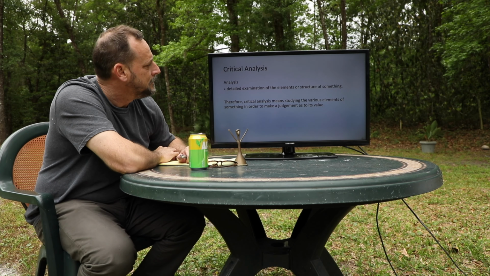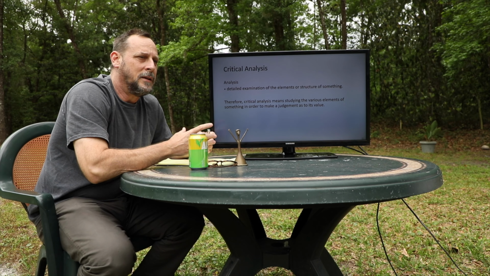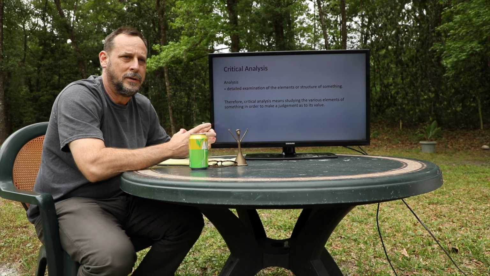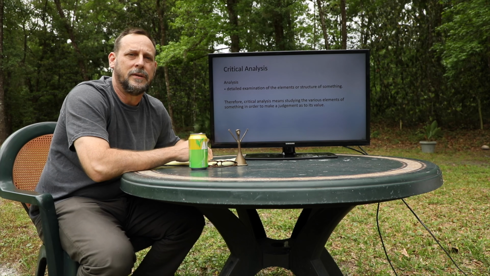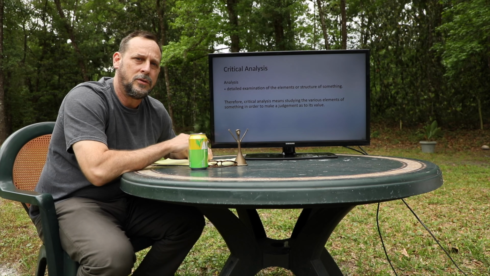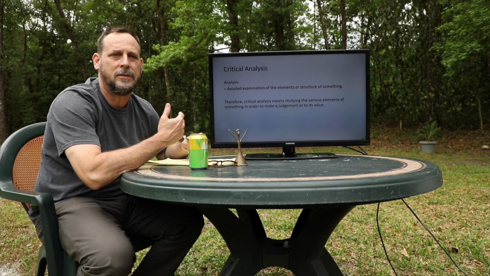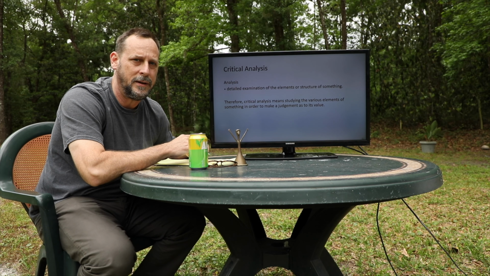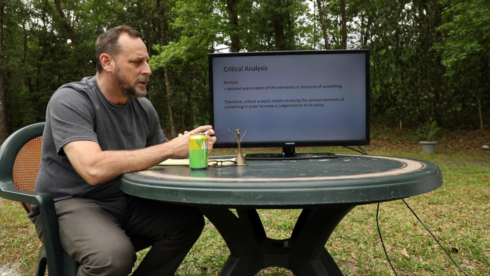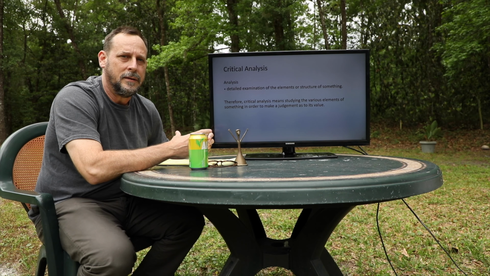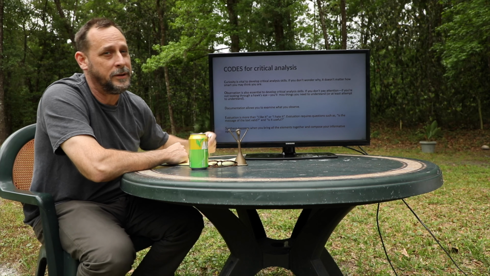Next slide, please. All right, so now analysis. Well, that's easy. You're breaking the whole thing down into its constituent elements. So if you were to critically analyze a pizza, so to speak, you'd start off with probably the crust. Then you talk about the tomato paste, the sauce. Then you talk about the various toppings, and you talk about the cheese and the mushrooms and all that other stuff, right? That's what we're talking about when we look at the elements of a thing, right? So, you can read the rest later on.